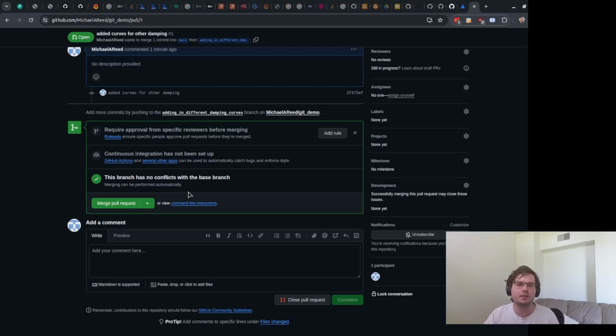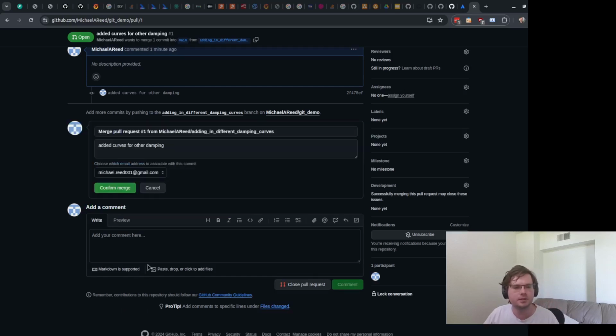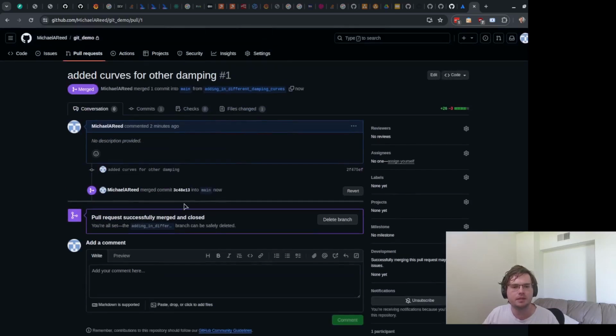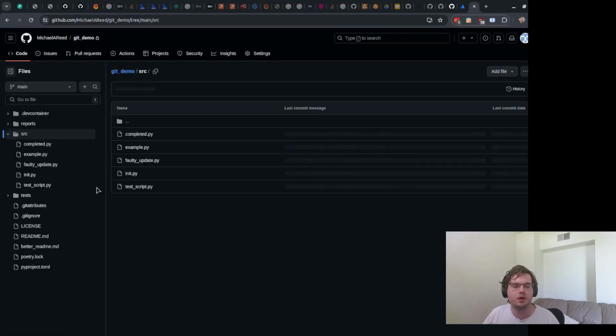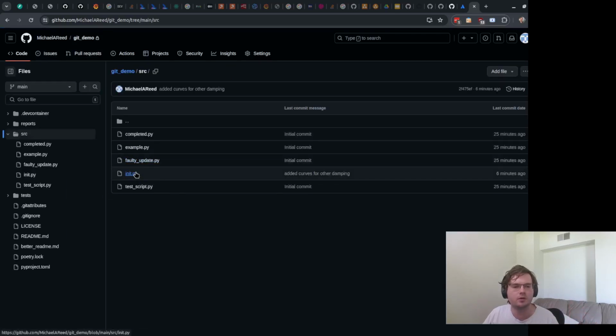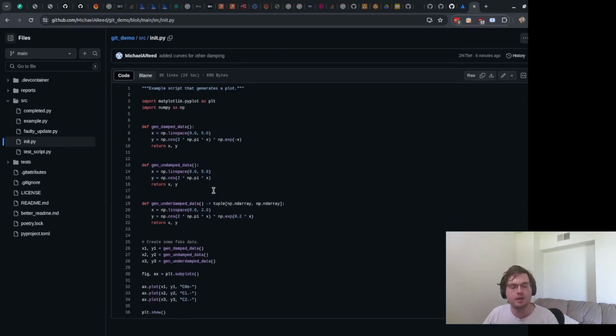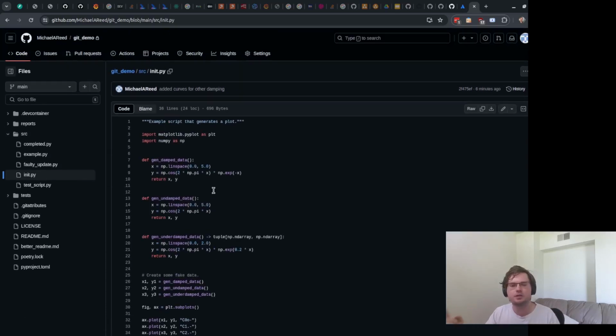So generally what that just means is breaking down your branches into small feature sets rather than huge feature sets that you merge back in maybe like 3 months in the future or something like that, just because it makes managing this section a lot easier. So in this case, we don't have any of that, so we're going to click Confirm Merge. And what that means is that if we go back now to the branch, which is the main branch, those changes that we had on the adding new damping branch are now applied to the main branch. So all it means is we've taken those changes and we've brought them back into that different commit.